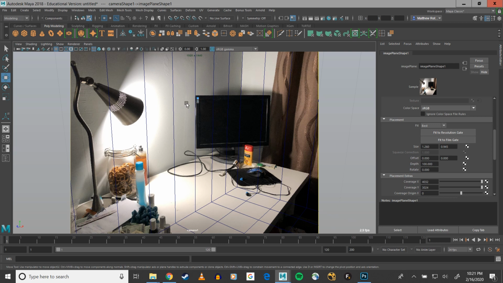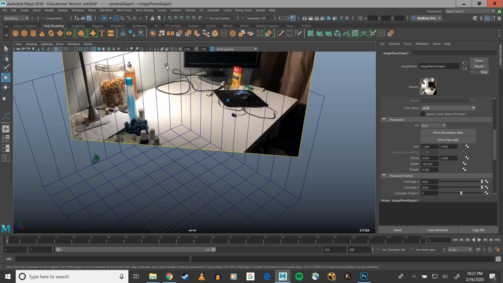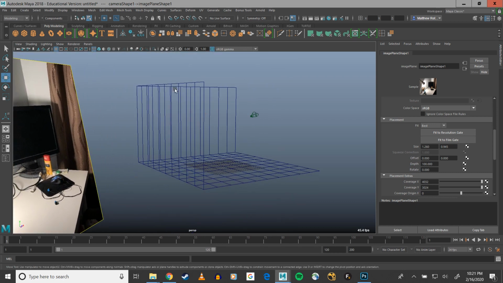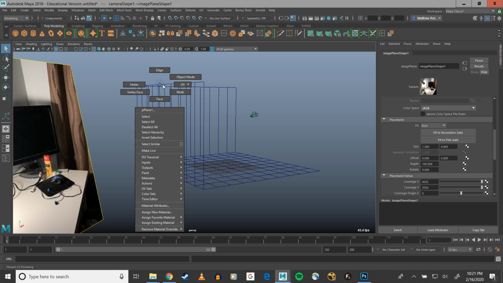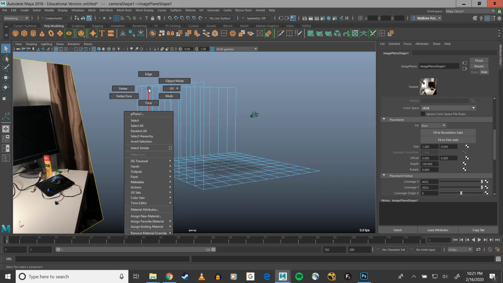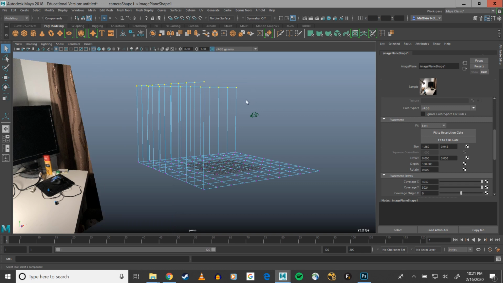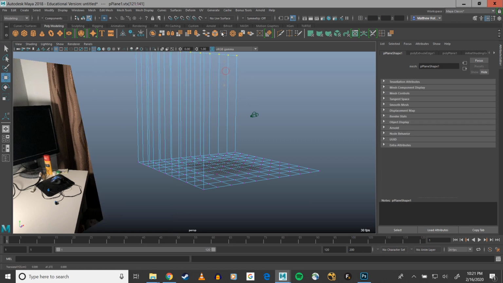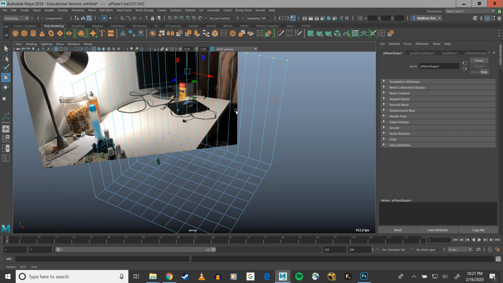And perhaps I also, so I'll go back to my perspective camera, perhaps I also want to go about lengthening these edges up here, making this a bit taller,